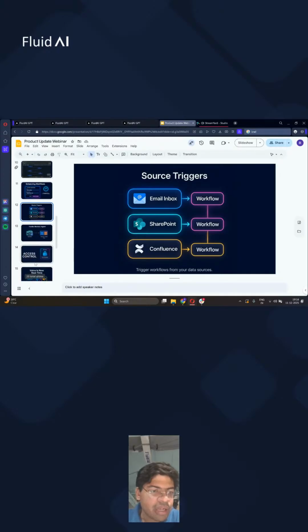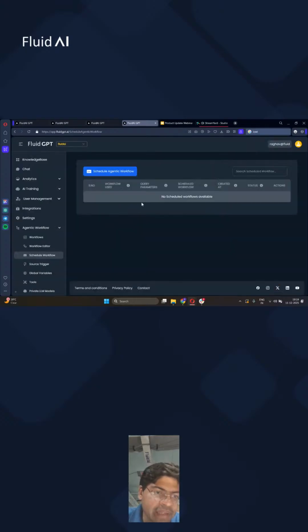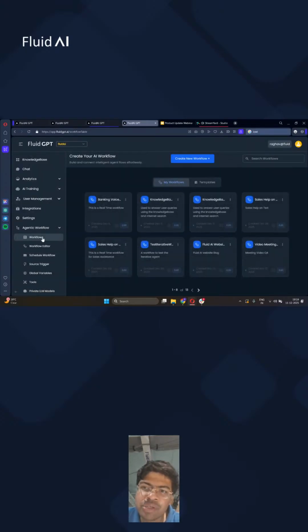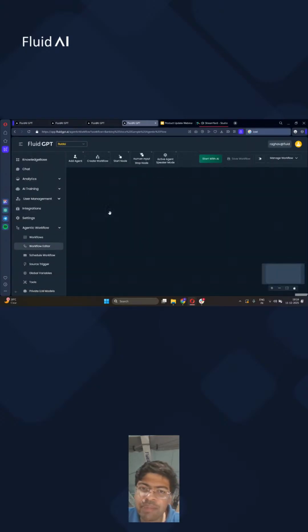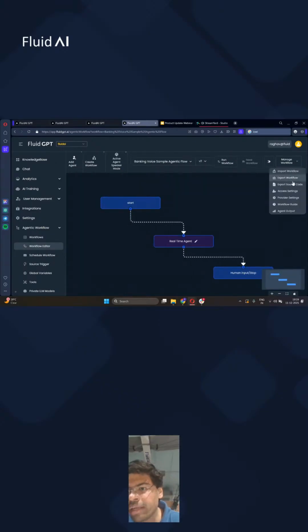All right. Now let's move on to access control, which is something that we are seeing as a really powerful technology as well. As the number of agents in most organizations has exploded, you want to give access controls about who can modify which agent, who can edit agents, and who can see the analytics and the comprehensive backend of these agents. So what we've now enabled for our customers is the ability to see an access control for each and every agent that's in play. You simply go to your manage workflow, and now you have access settings.